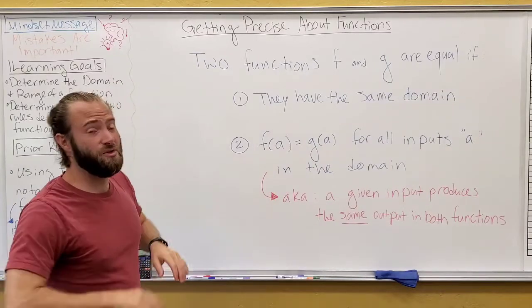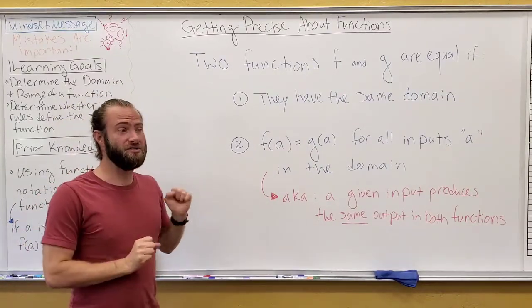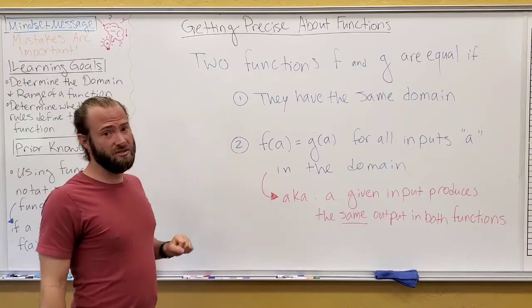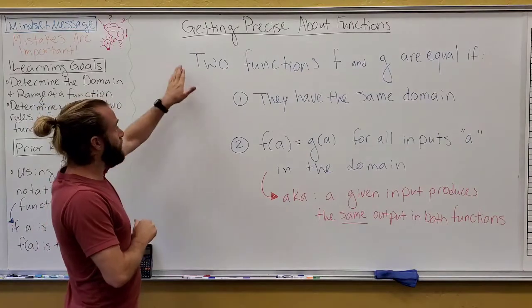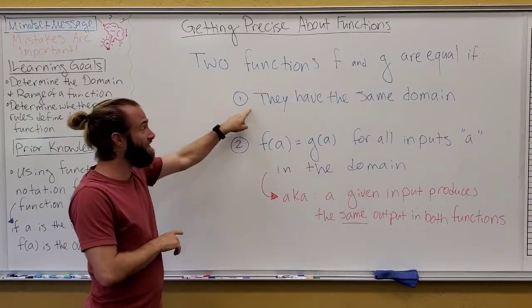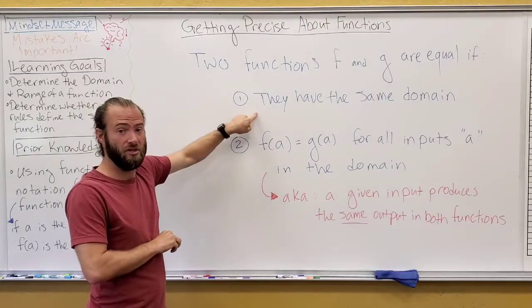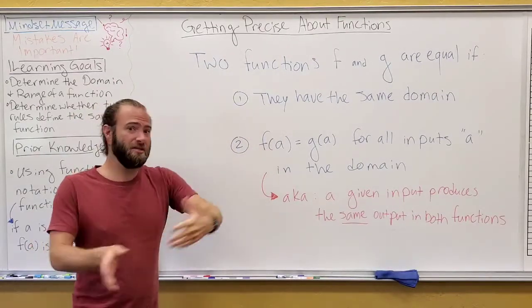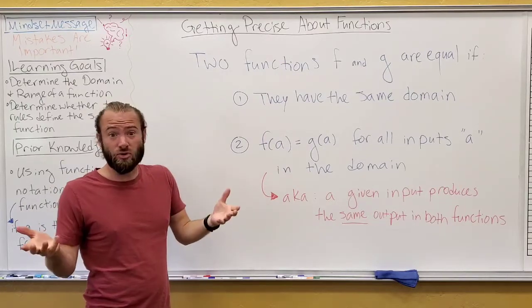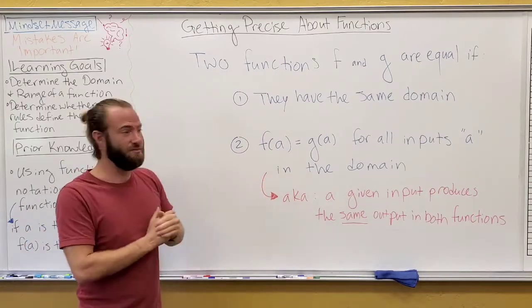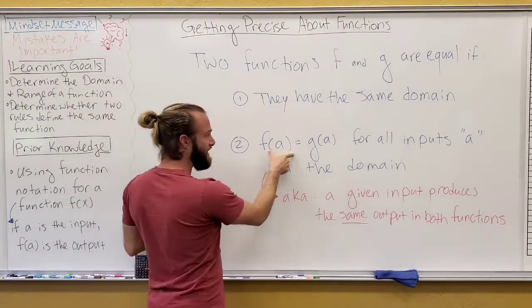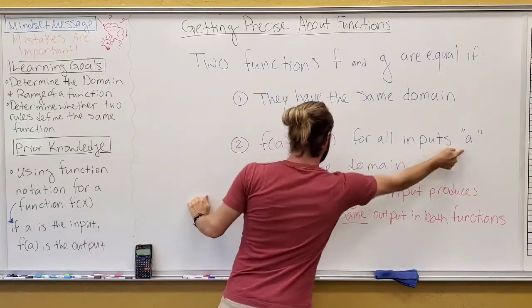So for the rest of this lesson, we're going to be focusing on when two functions are actually equal to each other or not. And there's two main conditions that need to be met for this to happen. So two functions, f and g, are equal if, first, they have the same domain. Okay? So if one of them has all real numbers domain, the other one must have that. If one of them has the domain x greater than or equal to 2, then the other one must also have that same domain. And then second, f of a equals g of a for all inputs a in the